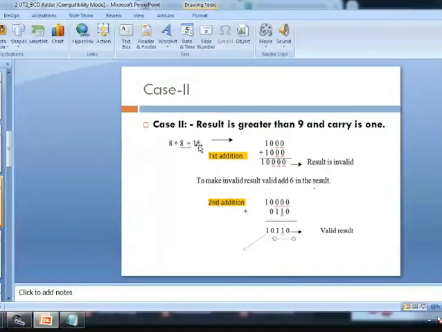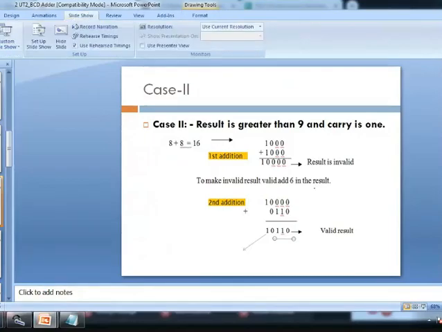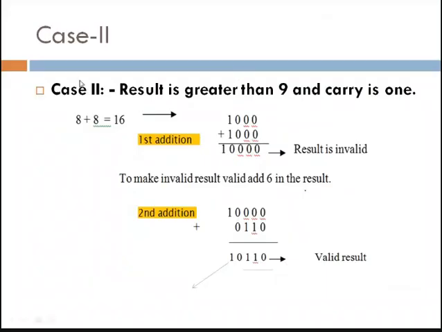Because when you represent 16 in the form of BCD, you have to consider 1 separately and 6 separately. So it is 0001, and for 6 what we require is 0110. So here we are getting the same answer. 1 is separately considered, and the last four digits are nothing but your 6. So we can say that your result is valid in this way.